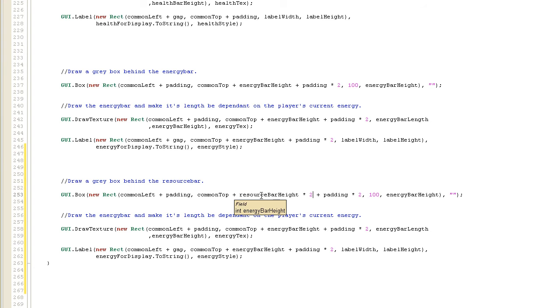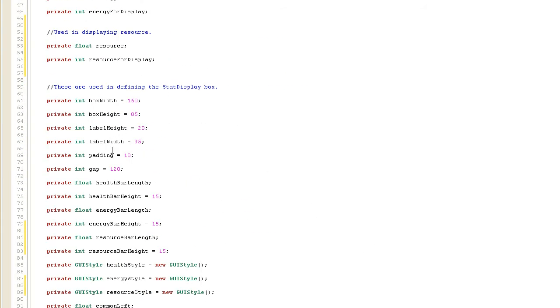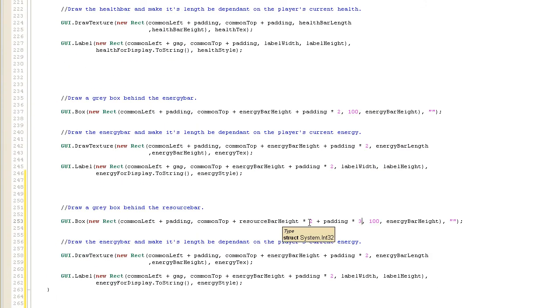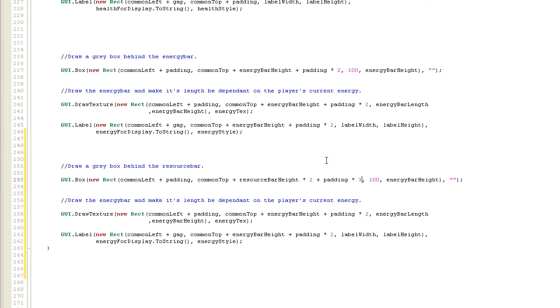So it's 30 pixels now, plus padding times 3. So now we have 3 gaps. So let's have a look at what the value for padding was. Padding is 10. So padding is equal to 30, and we have here 15 times 2, 30, so 60. So the top of this bar will be 60 below probably the health bar, or something like that anyway. Anyway, so all you can see here is that we're just changing the top value to push this bar down,